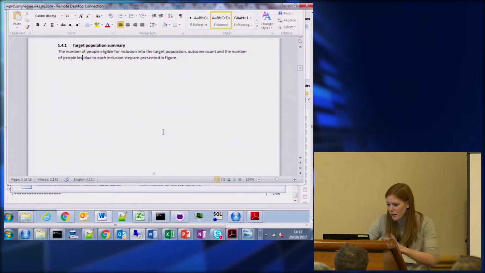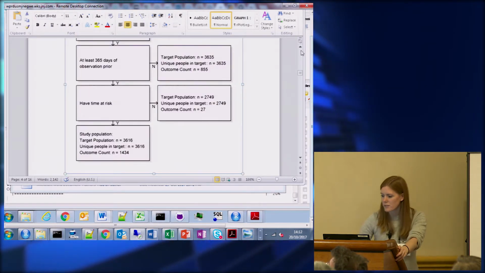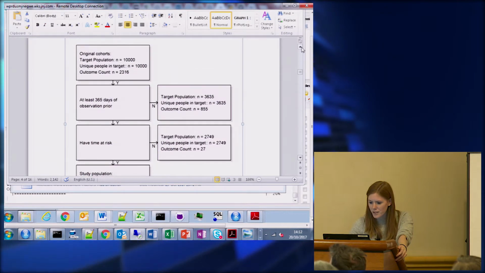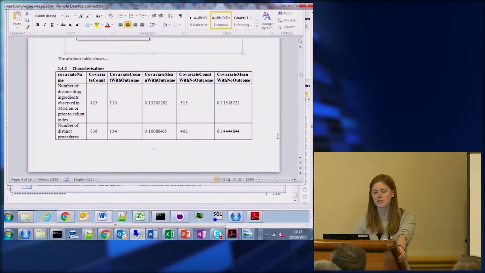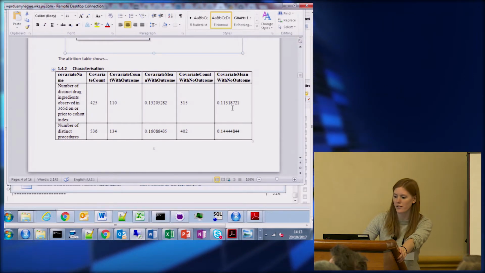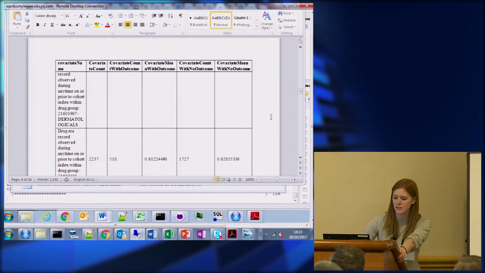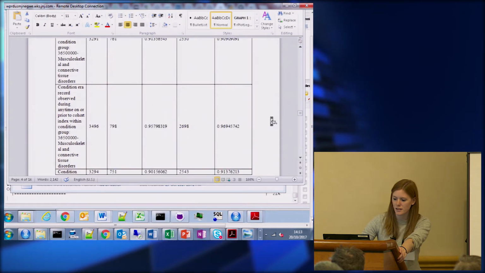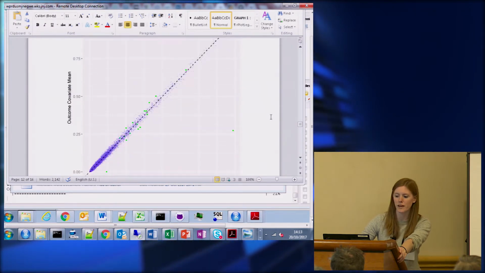actually how many people you had and where you lost people, the attrition table. You have information about the covariates, just summarizing some of the main covariates, so how often they occurred with the outcome, without the outcome. And you can define which covariates you want to include in this. And then you have your plot of your covariates, so you can see how people with the outcome varied from